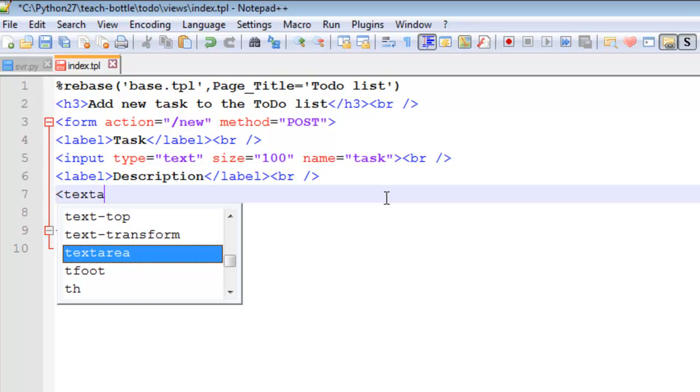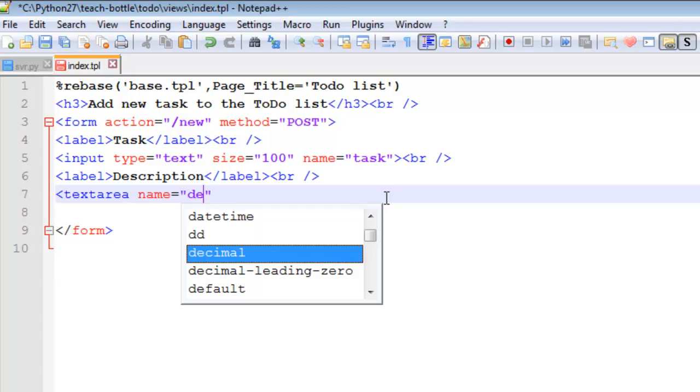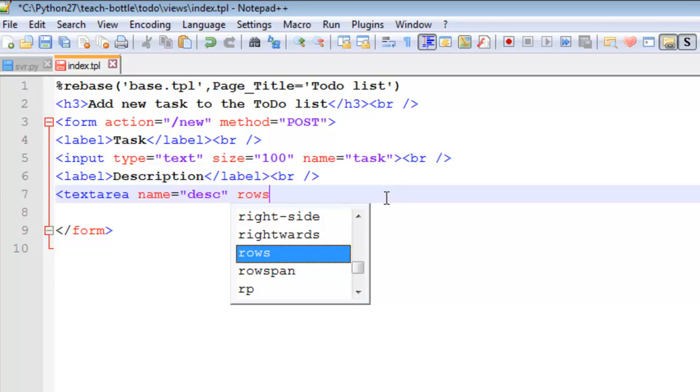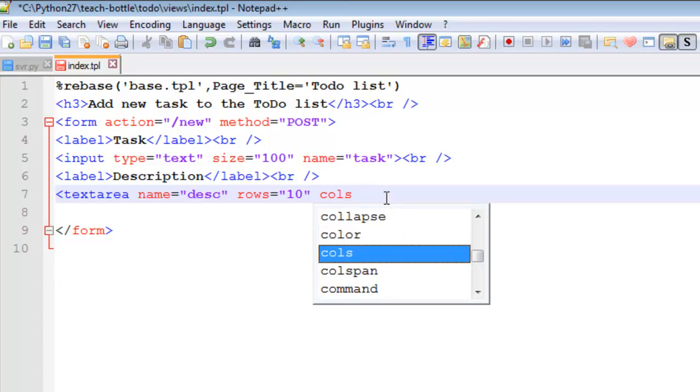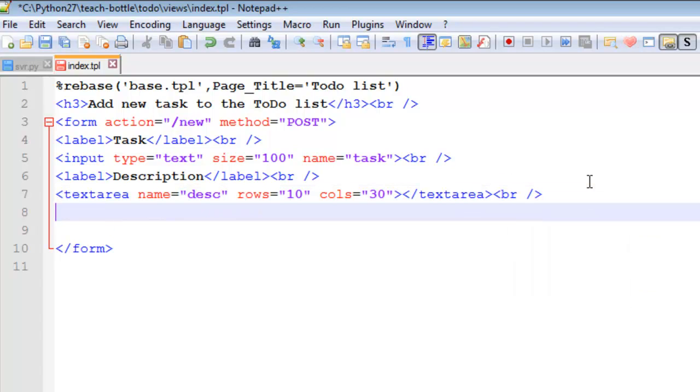text area name equals description DSC, rows equals 10, columns equals 30, closing text area, and on the end there BR. Okay,